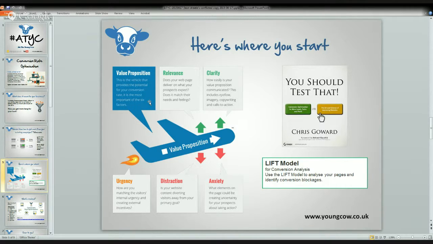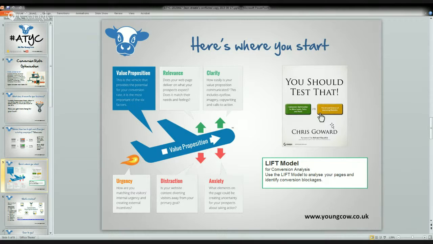How easy is it that your value proposition is communicated to the person viewing the web page? Is it a picture? Is it text? Is it video? Make sure it's easy for people to see. And as it says there, look at the eye flow. So how people go from one element on the page and scroll down if it is a longer page, just to make sure that the flow is there and that the call to actions are in the right places. And as you can see on the book, sometimes it's just a matter of, is it the right color, green or yellow? Is that the color that's going to get them to check out? And you can only do this by starting to do split testing, which we'll get onto in a moment.